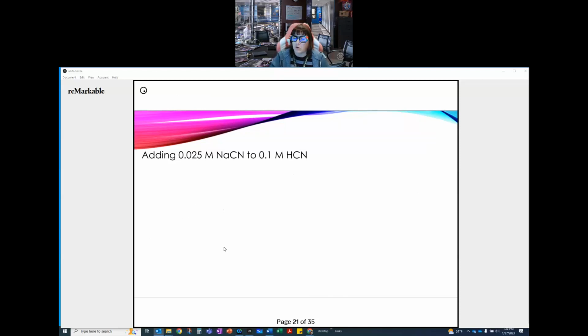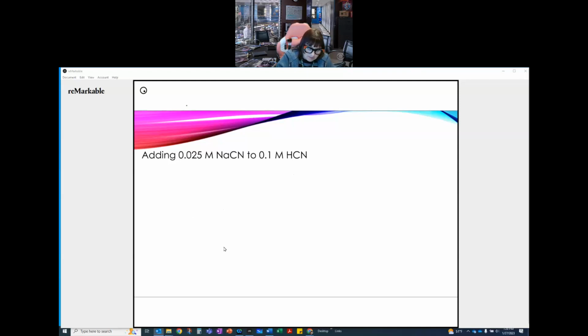Let's try one more, because I would rather you fast forward through me doing this than you wanting more. So 0.025 molar NaCN and a 0.1 molar HCN. HCN is an acid. That's the one I'm going to be interested in. The 0.025 molar NaCN is an ionic compound. I have a metal to polyatomic ion